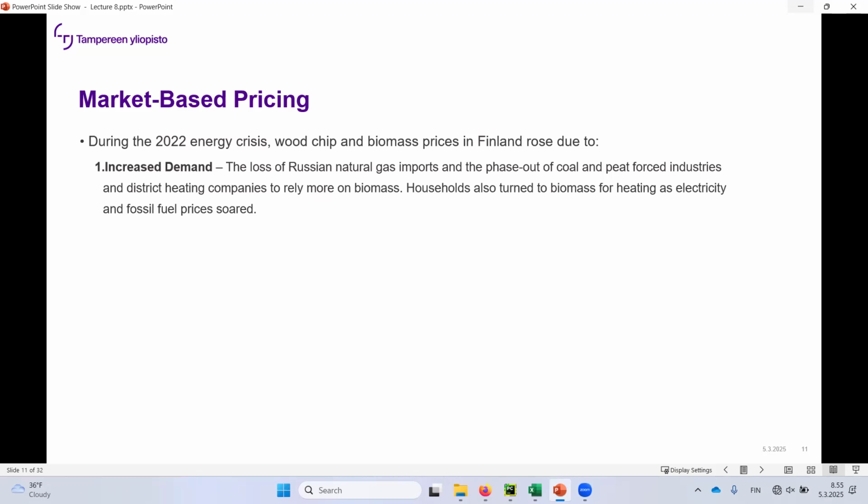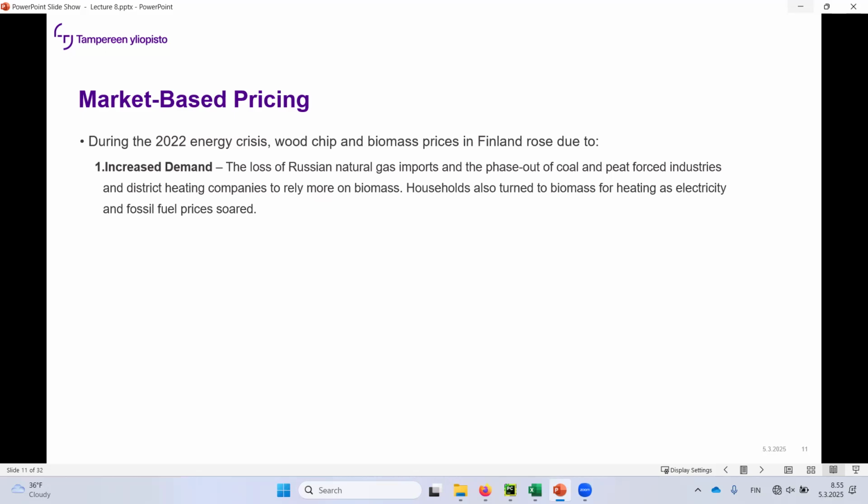We're going to decrease the amount of coal-based district heat production and peat-based district heat production. And district heating companies rely more on biomass. For example, Tampere, Naistenlahti 3, that's a perfect example. Households also turn to biomass, including me,